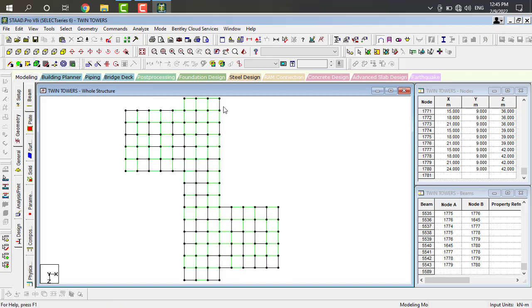First of all, we have to draw a plate at this corner and give a translation repeat in negative X direction. That's why here 3 plates are created initially. After creating these 3 plates, we are applying the translation repeat in Z direction with 14 steps, and the spacing will be 3.